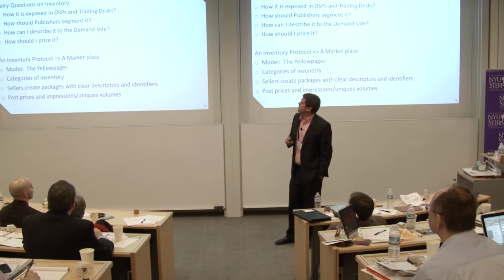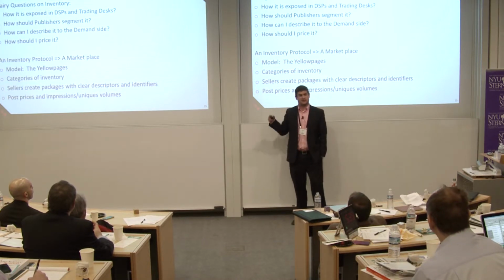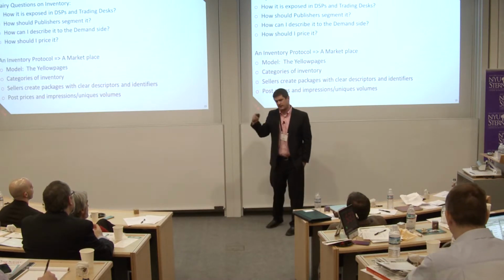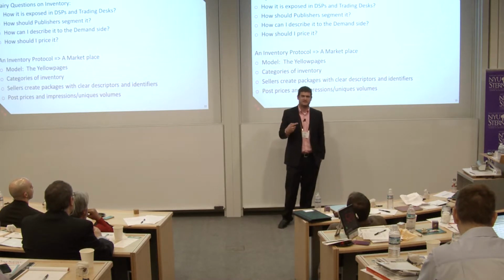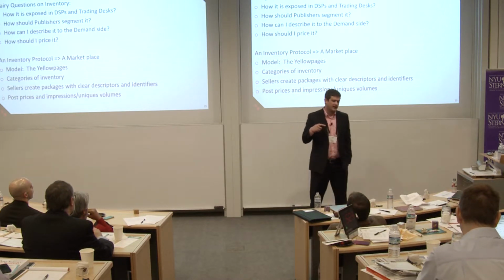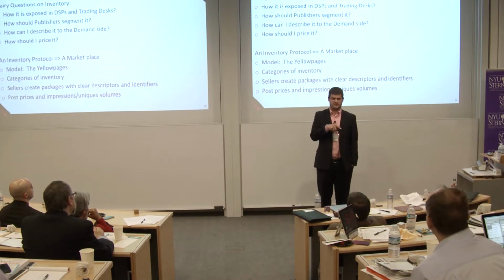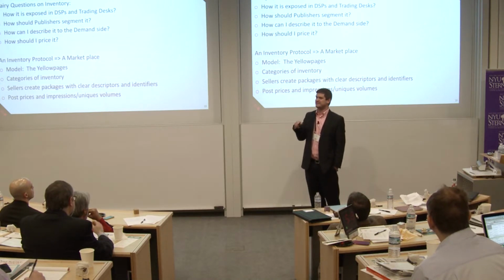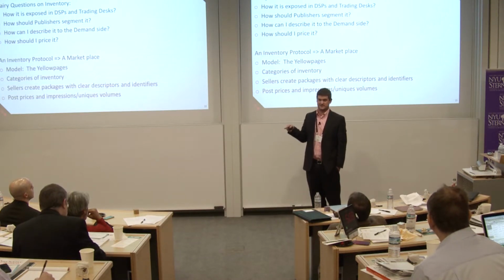So what's happened is a lot of sellers are now doing self-buying. Not only are they using an exchange, now they're actually licensing buying tools, and they're self-buying because the semantics of the auction encourage this. And what they're finding is when they go and look at their inventory inside a buying tool, it is strange to them. They're not seeing the inventory the way they sell it. They're seeing it the way someone else has decided to index it. The buying tool has decided to index it, right?